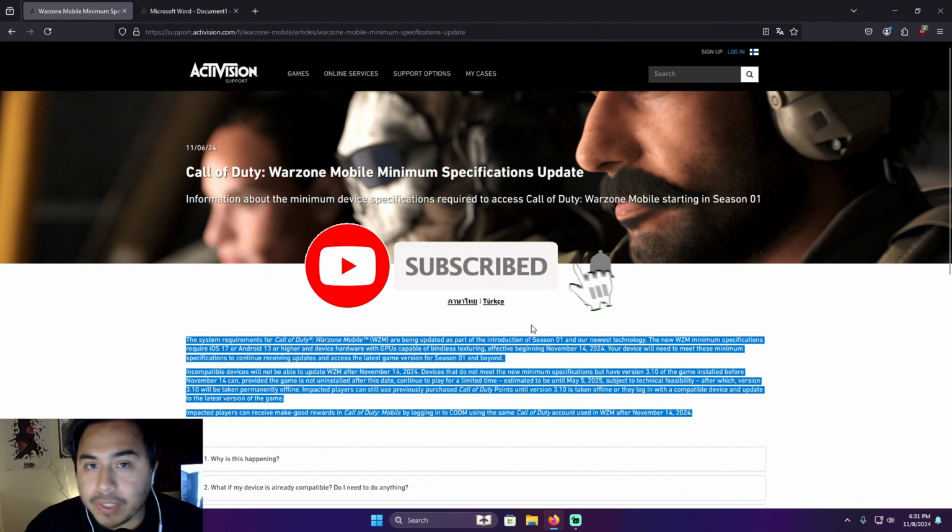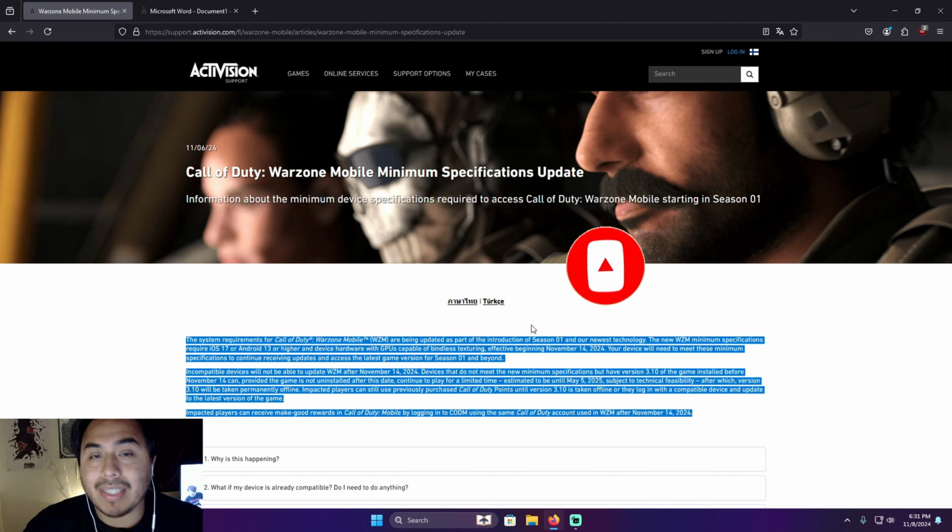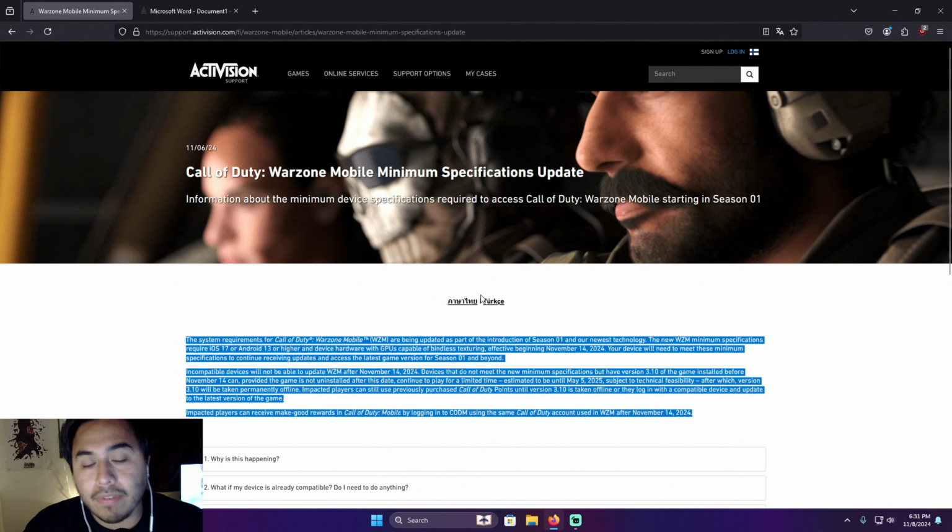We have to remember, the reason why games are popular on mobile in the first place is because of accessibility, because anyone who has a mobile device can be a mobile gamer. Anyone can go ahead and play. And the fact is that Warzone Mobile is not that. Warzone Mobile has continuously been a game that only the very high end of devices can actually play comfortably, and now it's going to be even worse in that regard. And that is exactly why the player base has dwindled to a very small amount of players compared to what Call of Duty Mobile has. That's also why Warzone Mobile has made very, very little money compared to pretty much any other mobile